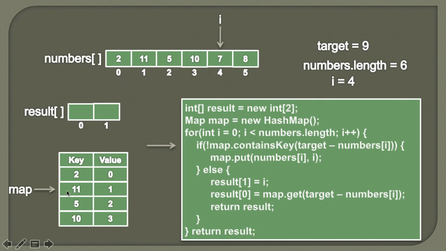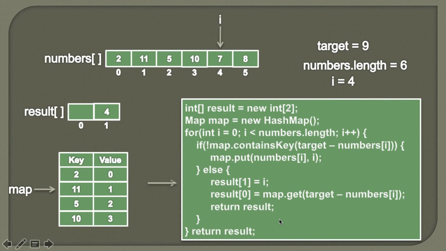So it's like a fast lookup into the hash map. So currently 9 minus 7, which is 2, is present in the hash map. Therefore the map.containsKey comes out to be true, and if we do a reverse of it, it comes out to be false. So it means we have found our two numbers which will add up to make a specific target. And now as we want to return the indices of those two values, the first index would be the current value of I, because 7 is one of the numbers. So we'll store the index value in the result array at the first position.